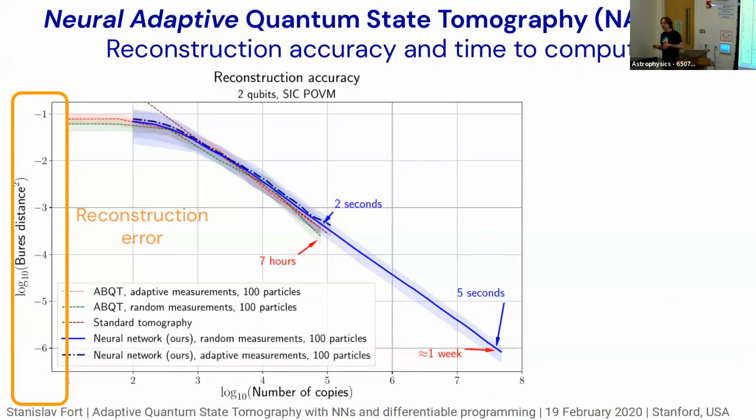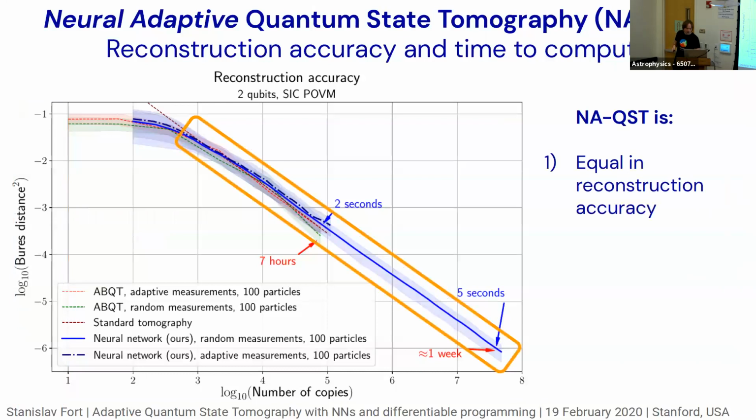Of course, you would expect monotonic behavior: the more measurements, the better you can reconstruct. So that's nice, it goes down. What we're comparing here is different algorithms. The blue line is our algorithm, and the dashed lines in different colors are the competing classical algorithms that we implemented. You can see that within some error bounds we're certainly competitive with the reconstruction accuracy of the classical algorithms. Given some number of measurements, our algorithm will reconstruct the state as precisely as the other algorithms. So in this metric we're equal.